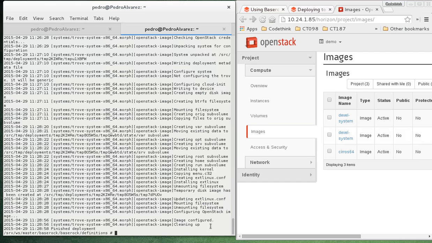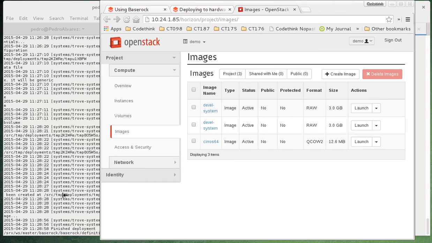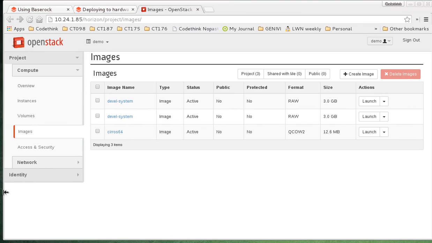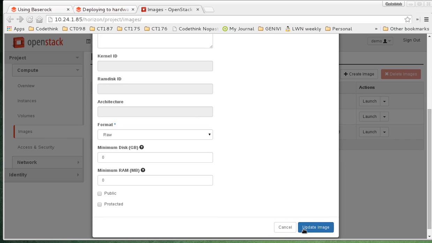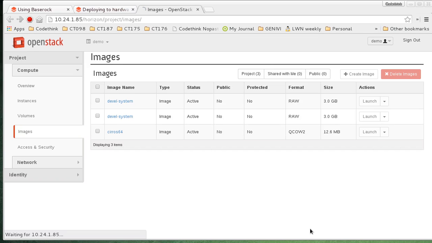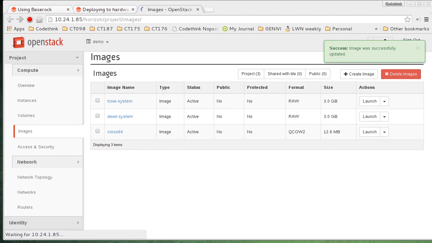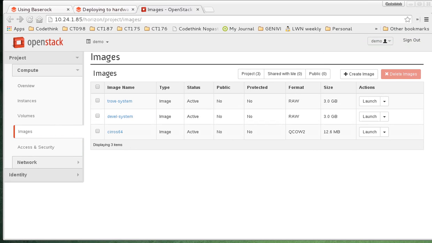Okay, so it looks like I forgot to change the name of the trove. I'm going to edit it. Trove. Okay. And now we can